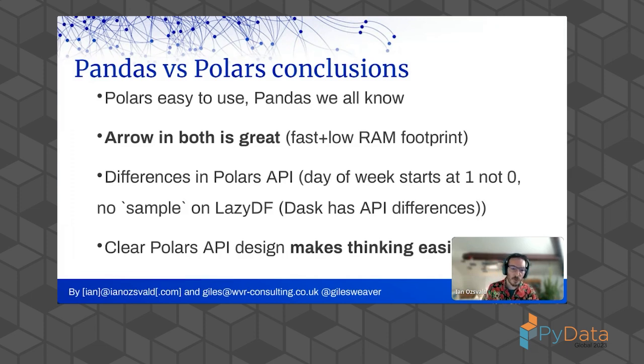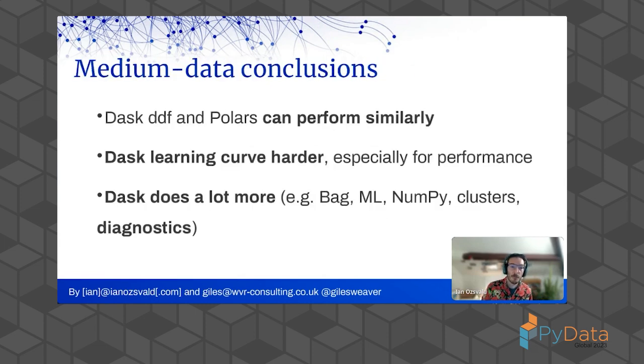I will note that when I started learning Polars, it frustrated me because it told me I couldn't do things, but it guided me in the right direction. And it turns out it makes my thinking easier as opposed to Pandas, where there are 20 ways to solve the one problem that you're trying to solve. So Polars kind of forces you down the right avenue towards an efficient computation that is clean. And that's kind of nice. So I quite like it.